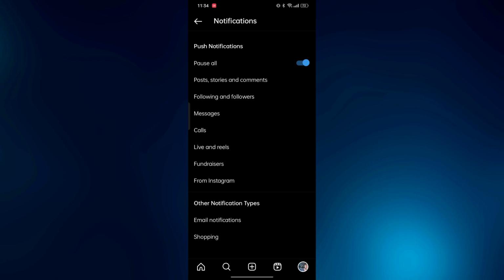Now what it basically does, now I'll not get any of the notifications up to 8 hours. Now Instagram will basically go to a silent mode and I'll not get any of the Instagram notifications up to 8 hours. Now if you don't have this option pause all right here, then all you need to do, you're